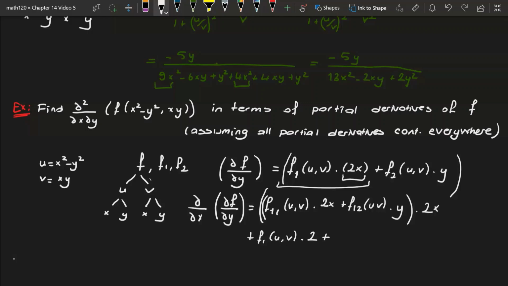the derivative of f2 with respect to x will be f21 of uv times the derivative of u with respect to x, which is 2x, plus the derivative of f2 with respect to v times the derivative of v with respect to x, which is y, times y, plus the derivative of y with respect to x times f2 of uv, which is 0. So we get